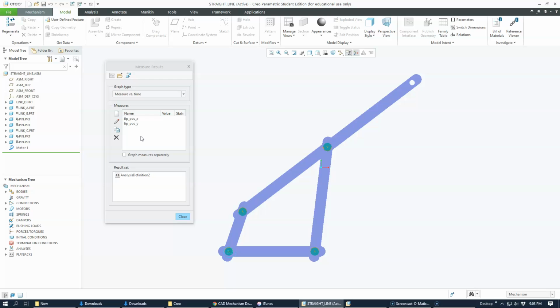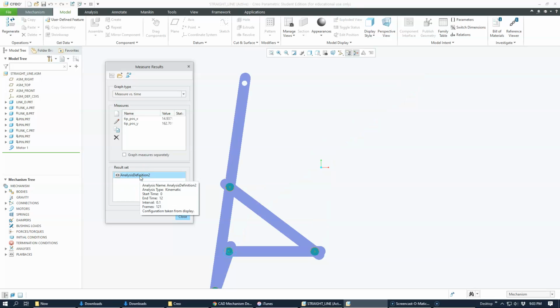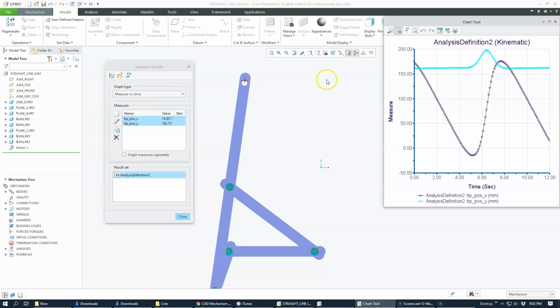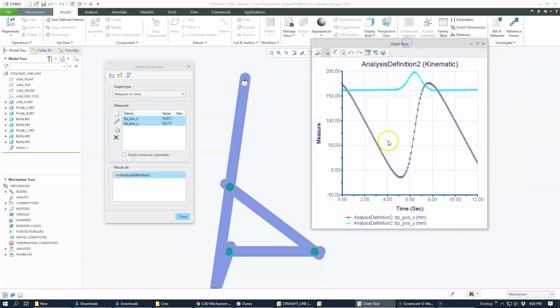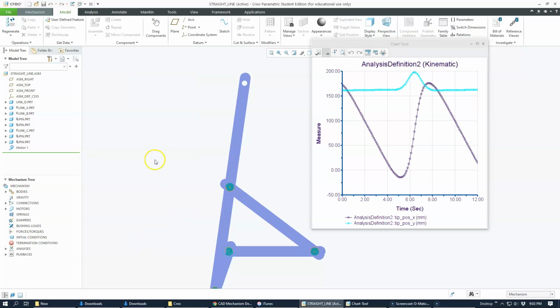Okay, so the first thing I want to do is measurement against time. The analysis definition 2 was that last run we did, the last analysis run. So we'll highlight that and then indicate that we want both X and Y as part of our measurements, and then click the graph. So now we've got a tool that shows the X tip as a function of time and the Y tip as a function of time. Let's close out this measure results,